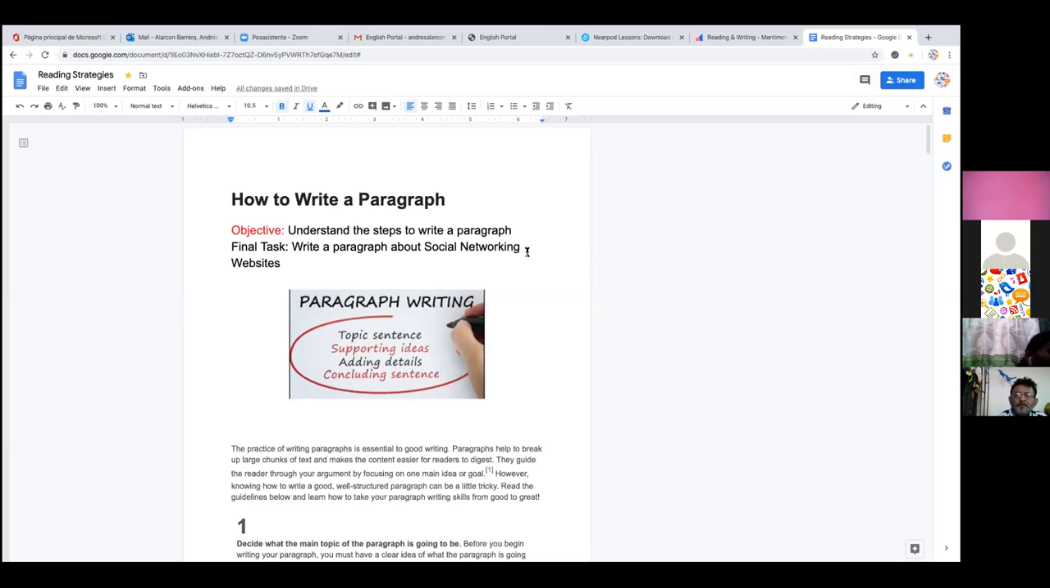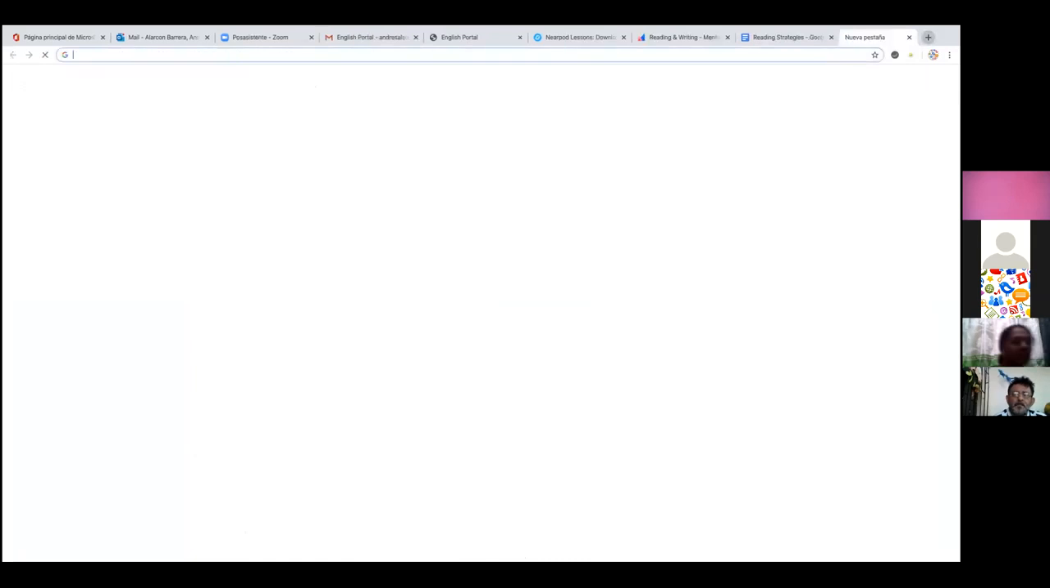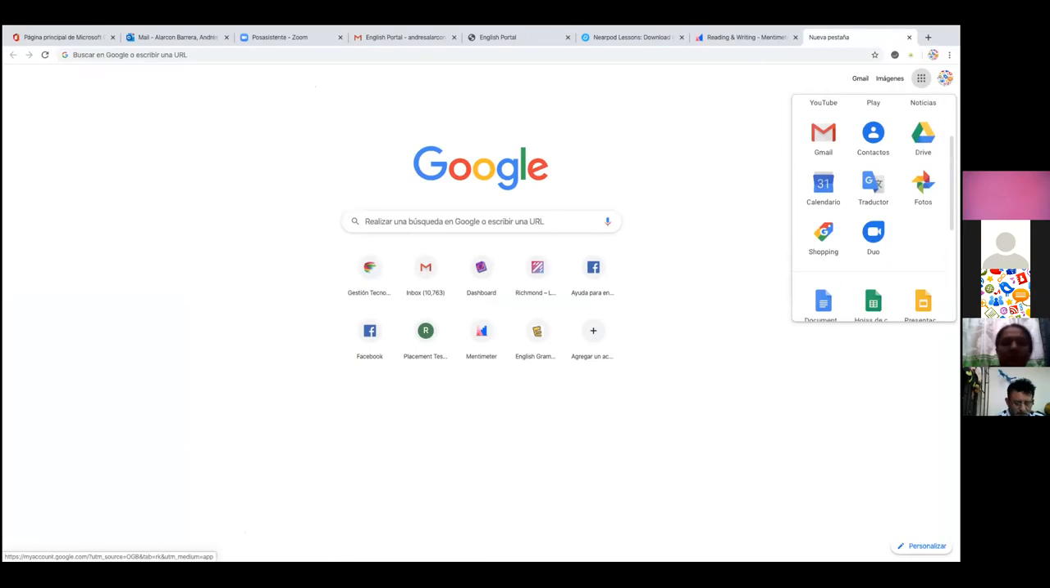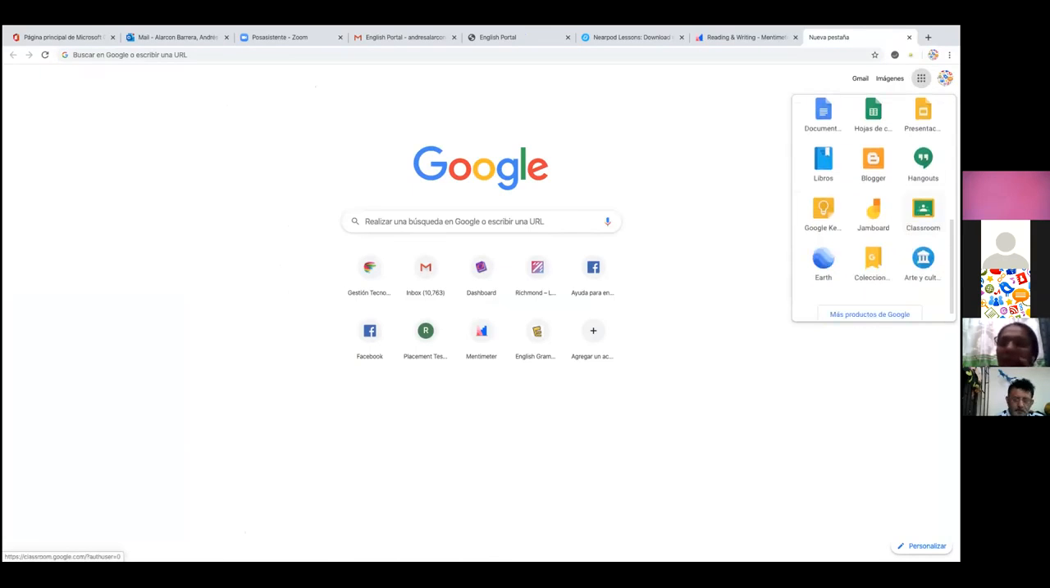Now, if you want to take Docs to the next level, you can create a class by using Google Classroom. What you have to do, once again, in your Gmail account, is go to the upper right corner. I'm going to open another one. Here, in the same button where you found Google Docs, where it says Google Apps, you scroll all the way down, and you're going to have Classroom. When you click on Classroom,